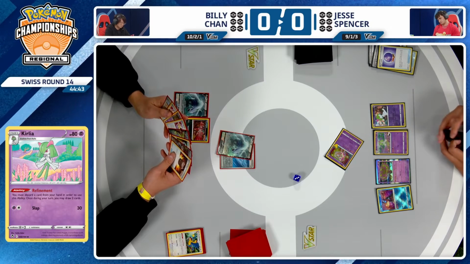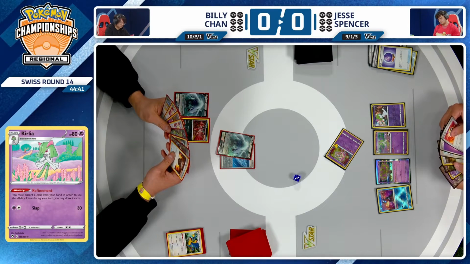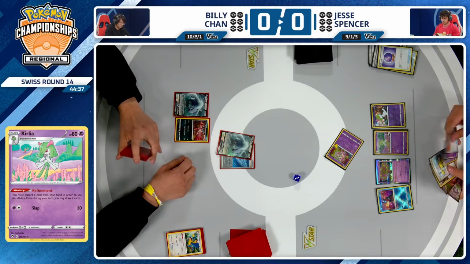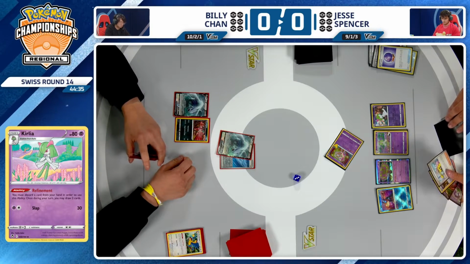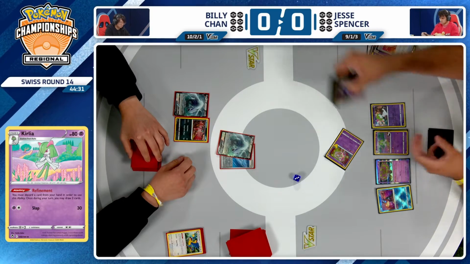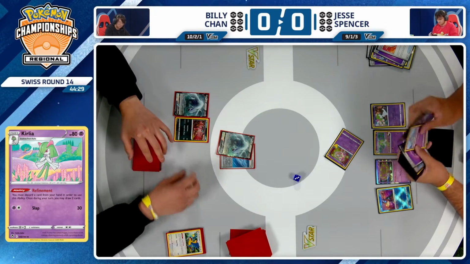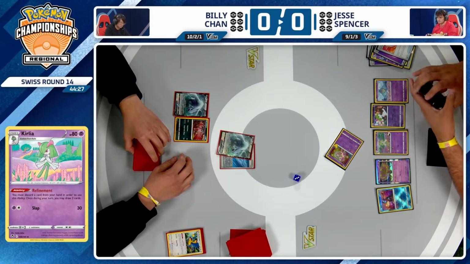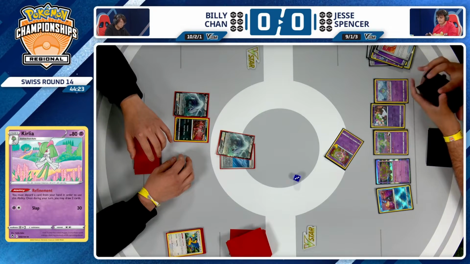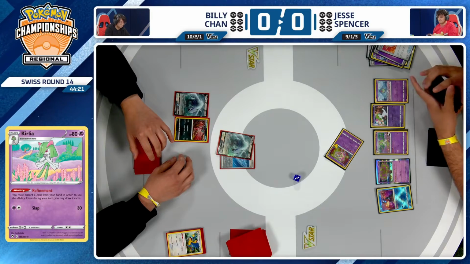Just 1 Ralts, 1 Kirlia now. The Ralts obviously not able to evolve, so not a super strong turn 2 play. Jesse is playing the more aggressive build of Gardevoir, I would say. Does have the double Zacian V. Does also not have any reversal energy. So kind of the way this deck is meant to be played is try to just be really aggressive and turn 2 Zacian your opponent, which Jesse just was not able to do